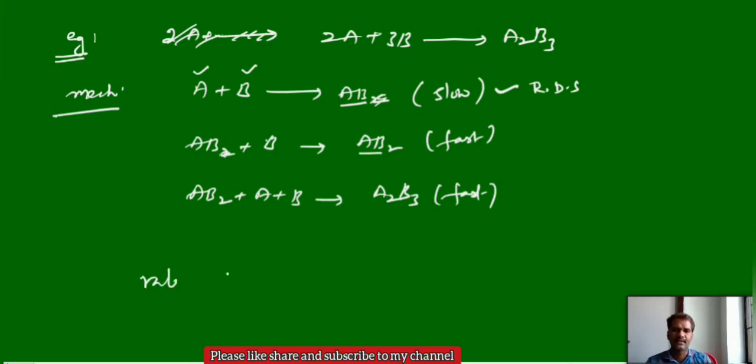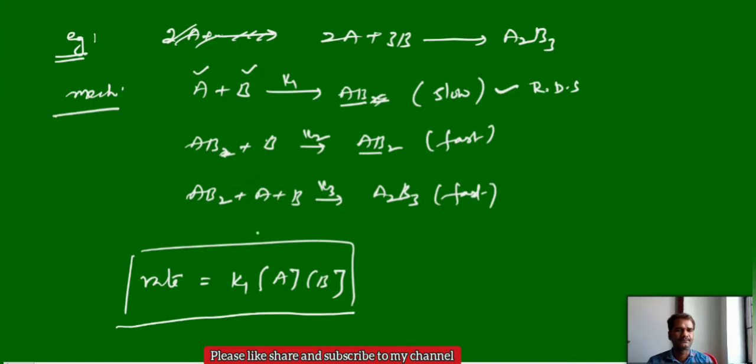So for this, let us assume the rate constants are K1, K2 and K3. Then rate is equal to K1 A power 1. For an RDS elementary reaction, we can write the stoichiometric coefficients, here it is 1, and for B also 1. So this is the rate law equation. For the overall reaction 2A plus 3B gives A2B3, this is experimentally second order, but theoretically it looks like fifth order, as 5 coefficients are there. So this is one case, when the rate determining step involves only reactants. You can write it like this.